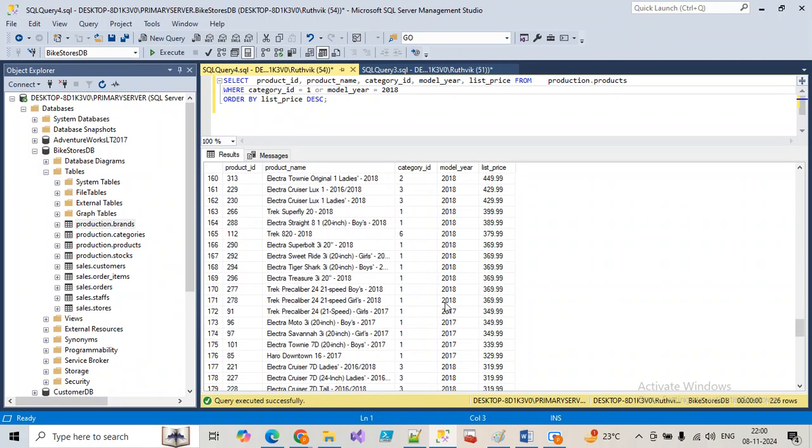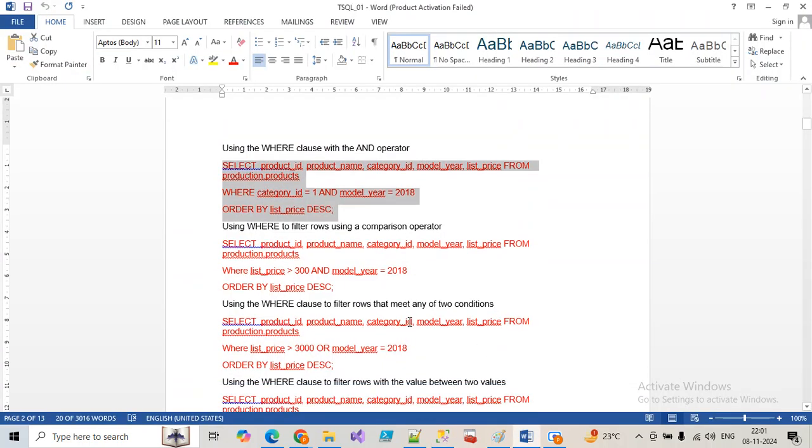And if you go down, here the year is 2017, but as per our condition, we require the data where the year is 2018. This condition is not satisfied, but the category ID is 1. The first condition got satisfied. That's why that data is included here. Clear? Okay. Now, also we can use some